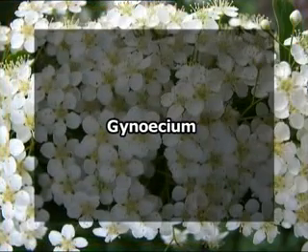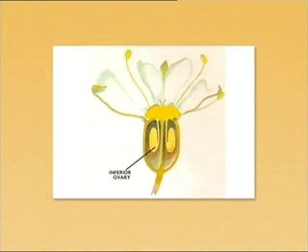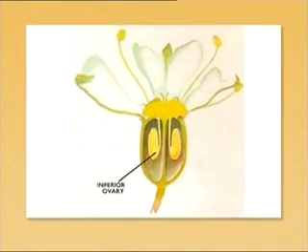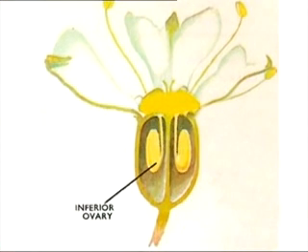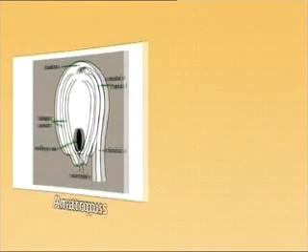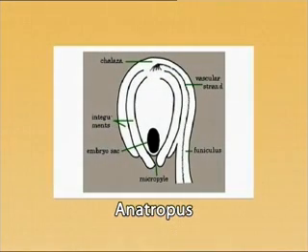Now the female part of the flower, called the gynoecium. Gynoecium comprises two carpels. These are fused together, that's why it is called syncarpous. Ovary is inferior. It is bilocular with a single ovule in each of the locules. Or sometimes we can have two ovules per locule. But most often one of the ovules is abortive. The ovules have a pendulous shape. They are anatropous, unitegmic, and also tenuinucellate.